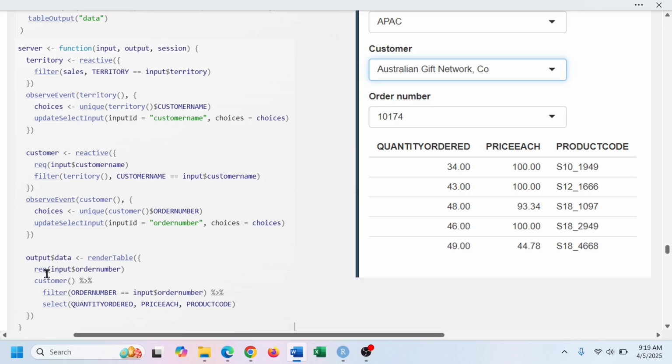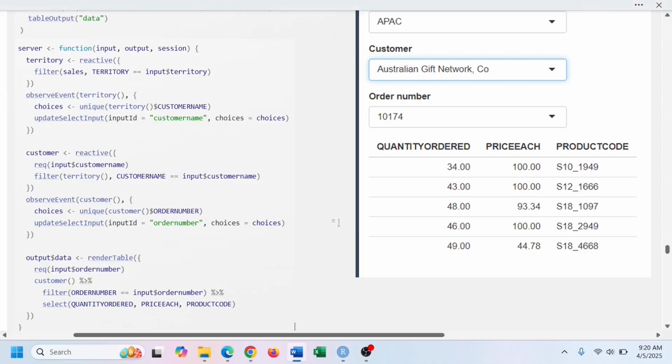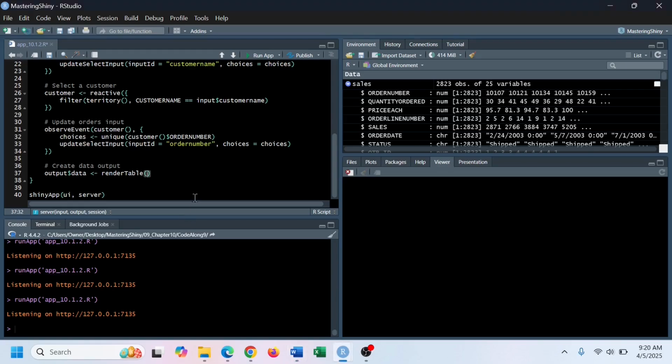Okay, and there's a require function. So let's look at that in a minute. First, let's forget about the require function, and also we need a curly bracket because the code runs more than a single line. So customer reactive value, and then we want to filter for the selected order,